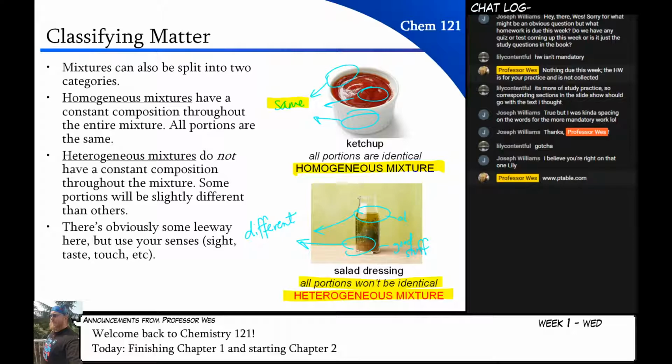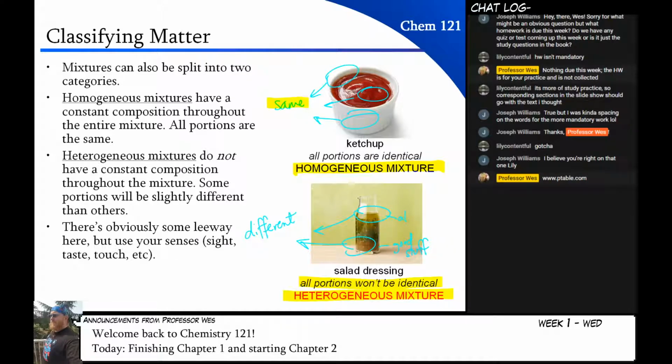At the top than there would be at the bottom because it has to mix into the soda. Maybe you're doing this for like a kid's party or something, and you dye their soda with food coloring. It would be heterogeneous until that blue dispersed through the whole solution, and then it would be homogeneous again. So depending on what you do to your solutions or your mixtures, the label that you should assign it can